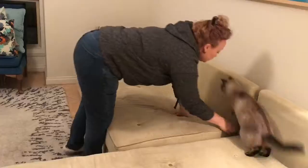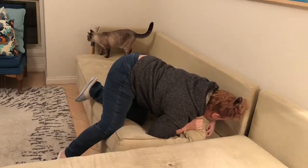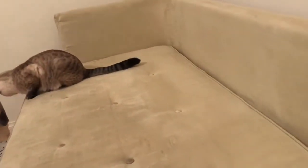So the first thing I need to do is have a look underneath the couch cushions to see how the couch is actually made and put together. Okay, so doing some investigating here, I can see that there is a zip on this cushion and it goes all the way around to sort of around that corner. But we are